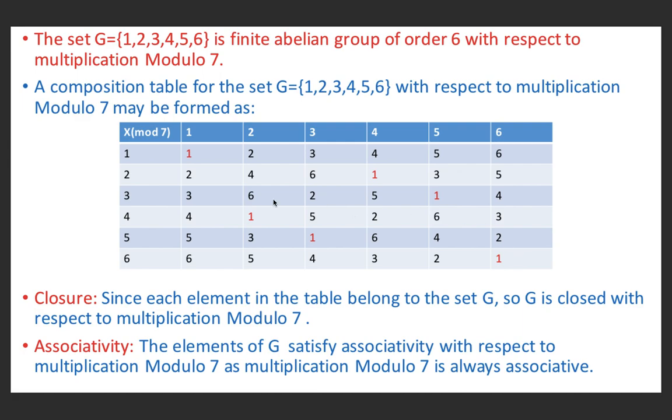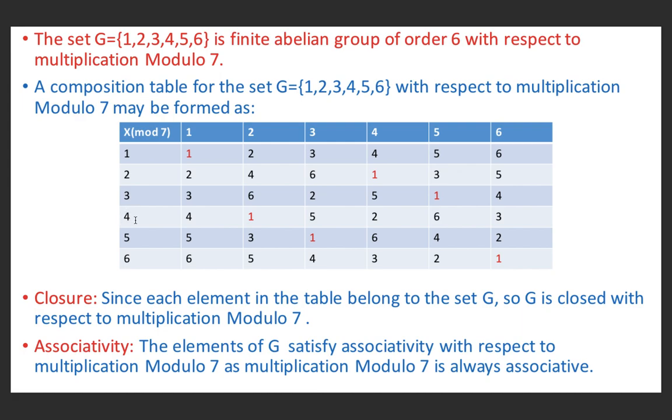Again, to find the inverse of 1, we see that the element above the identity element in the top border row is 1. So the inverse of 1 is 1. For the inverse of 2, the identity element is in the fourth column. The element above 1 in the fourth column is 4 in the top border row. So the inverse of 2 is 4. For the inverse of 3, we have the identity element in the fifth column, and in the fifth column, the element above 1 in the top border row is 5. So the inverse of 3 is 5.